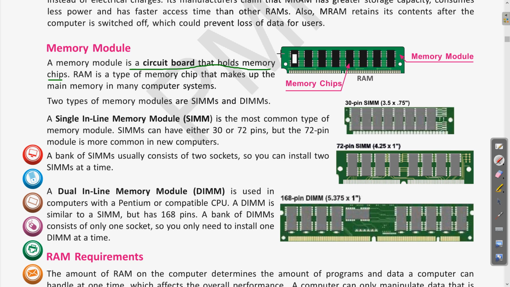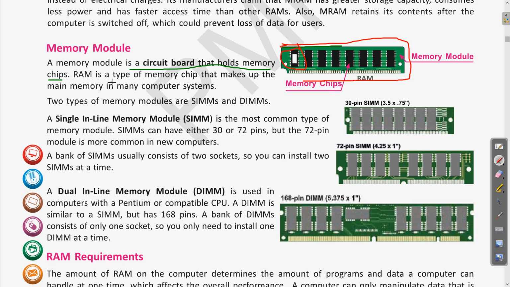So here, as you can see, these edges, let me change the color of my pen so it will be clearly visible. Clear? Here, as you can see, the outer area, the green part of these RAM. The RAM chips are the black ones. Clear? These are the RAM chips, and you can see the thin lines which are connecting them. This way we connect all these different chips, and the circuit board on which these chips are present is called the memory module. Clear? So as you can see here also, a memory module is a circuit board that holds the memory chips.